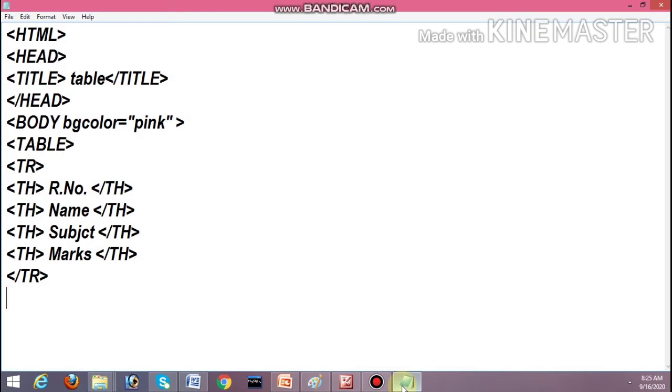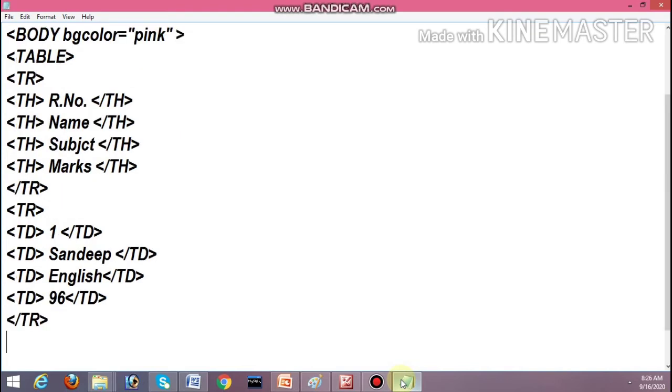Then close the TR tag, the first row tag. Now the second row: roll number 1, Sandeep, English subject, and marks. Here we are using the TD tag. What tag? TD tag. In heading we can use the TH tag. Then close the second row tag.